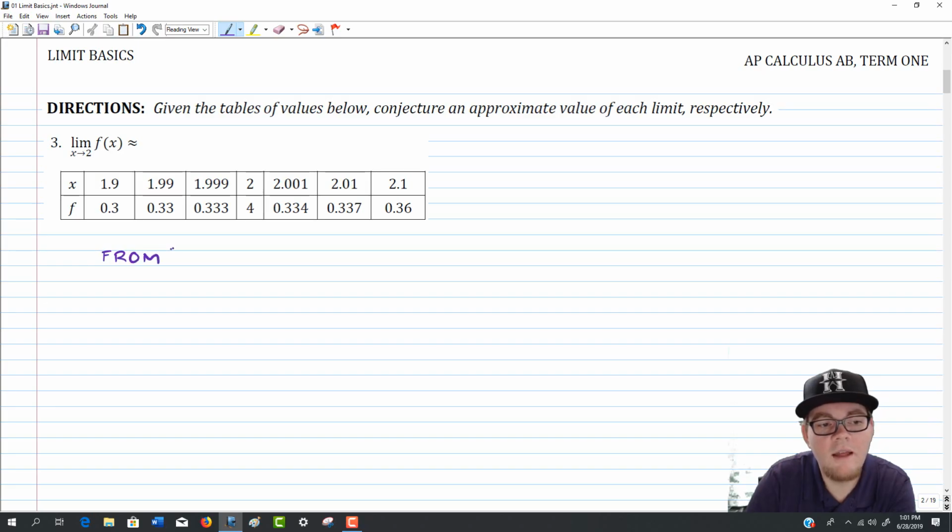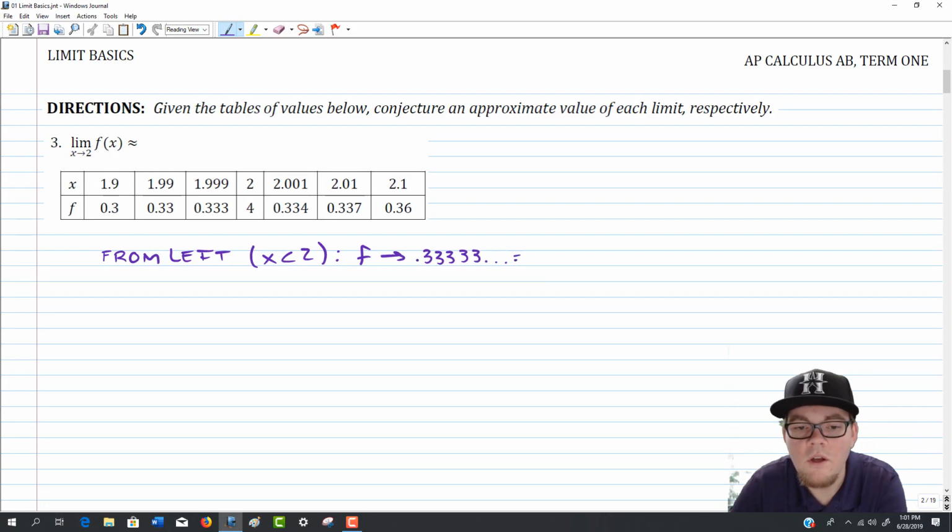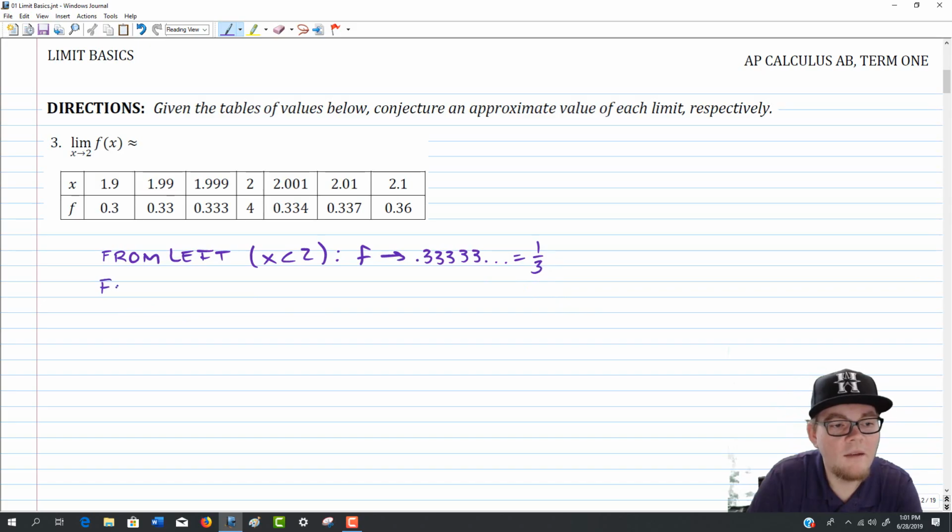If we're looking on the left side, looking at all those values less than 2, it appears that f is approaching 0.33333, etc. So it looks like it's going towards 1/3. That would be my speculation. It's a terrible 3. There we go. 1/3. If we look from the right,